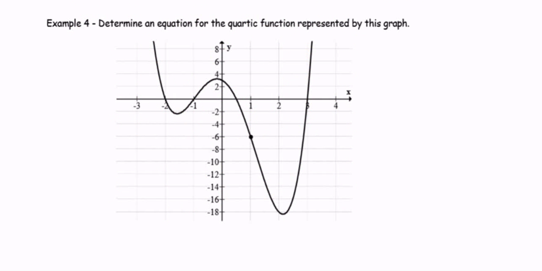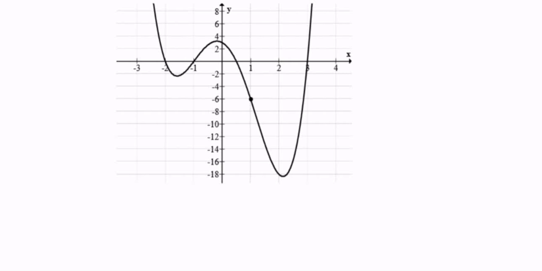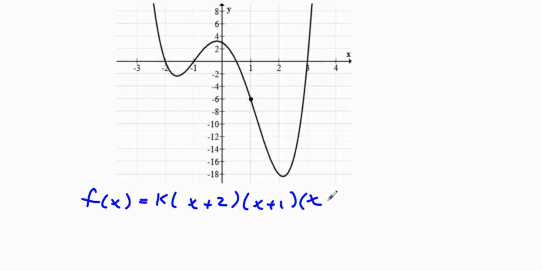Okay, example 4 says determine an equation for the quartic function represented by this graph. Well, we know that there are 4 zeros. So I am going to write f of x equals k times x plus 2 times x plus 1. You know, opposite signs of the zeros here. X minus a half and x minus 3. That's our family of functions, but we need to get the specific equation. So we're going to sub in